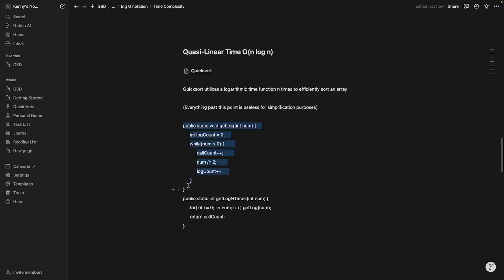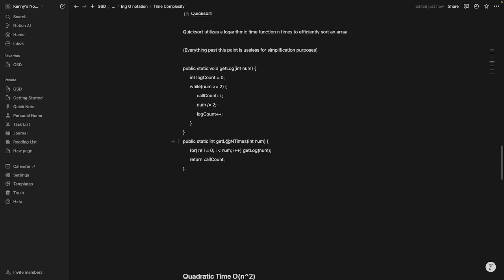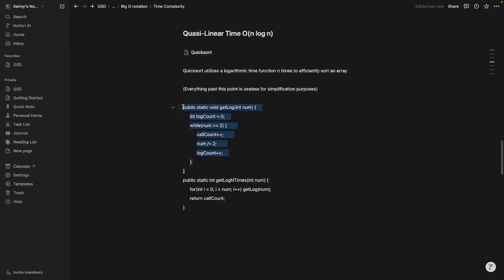a different version of the getLog function. So here you have the getLog function, and this function is actually not going to return anything, but in the function itself, it is going to increase the log counter, and the log counter by the end of the function will be the log of the number passed. And so it works the same way as the method before, and so this has a logarithmic time complexity,